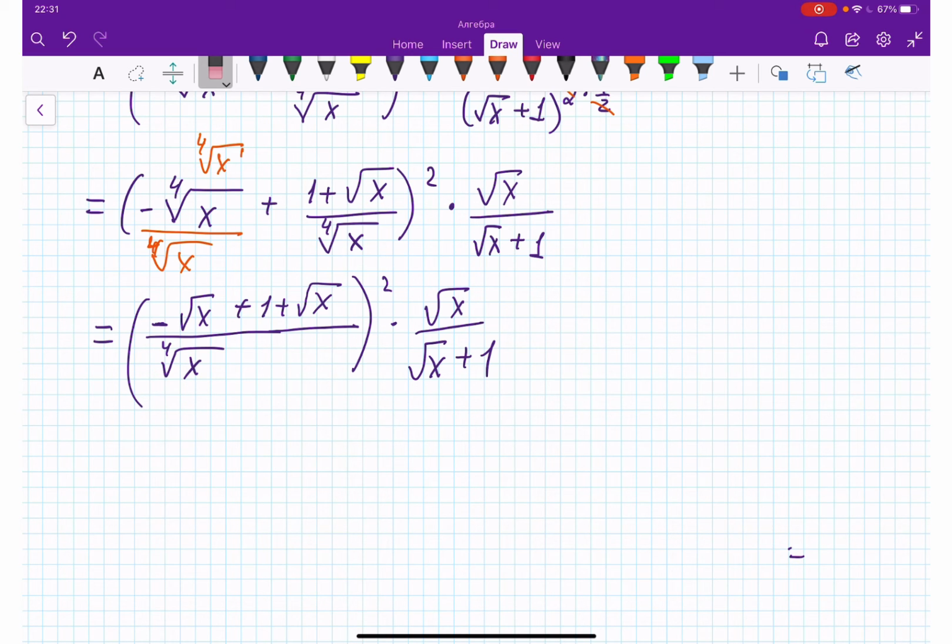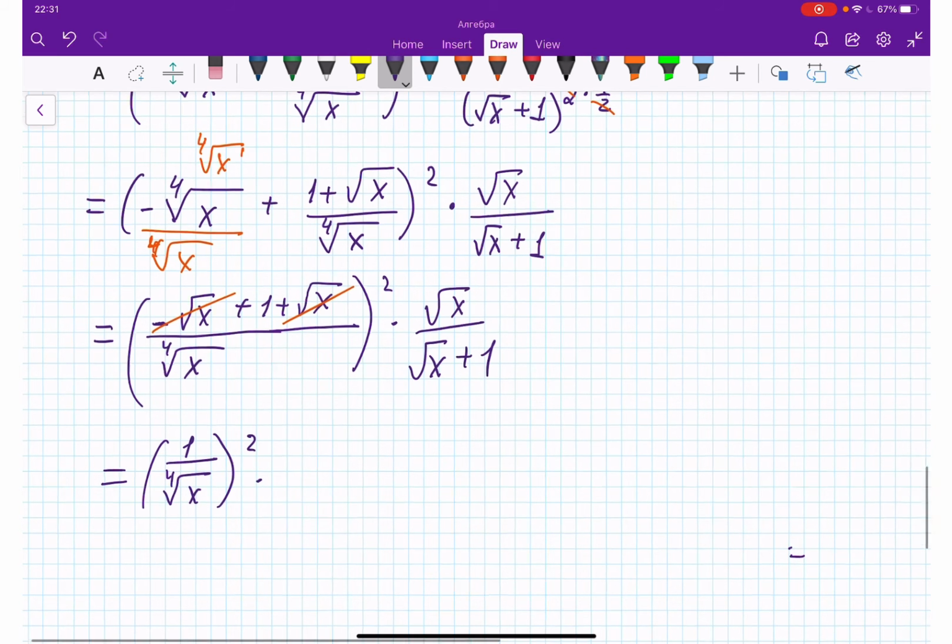What can I do with this situation of this fraction? Oh, there is nothing to think. Negative and plus canceling, and we have 1 over radical degree 4 of x to power 2 and times